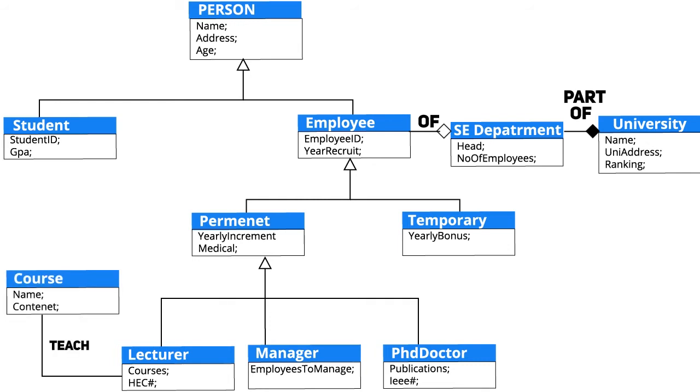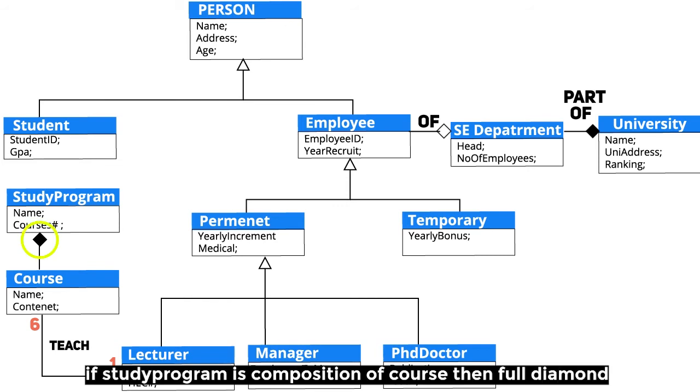Lecturer will have an association of teach to the class course, means a lecturer teaches a course, and it has a multiplicity of 1 to 6, means one lecturer can teach 6 courses, or 6 courses are taught by one teacher. Then if the course is a part of a study program which is totally linked with it, and if the study program is vanished, then the course is also no more, then it will be considered as a composition part of